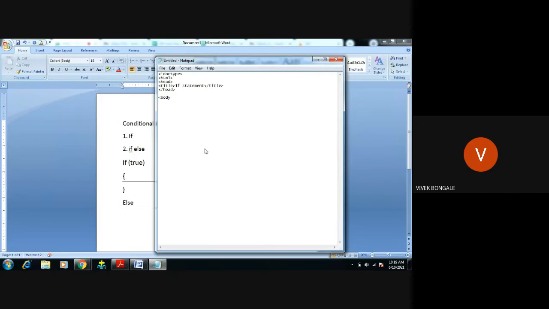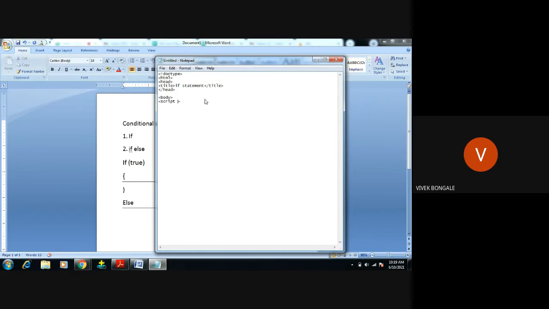So we can give the JavaScript either inline, or externally by writing the JavaScript in a separate file, or embedded. Embedded means internal here. So we'll write in the body. To indicate it's JavaScript code, we have to start with the script tag.